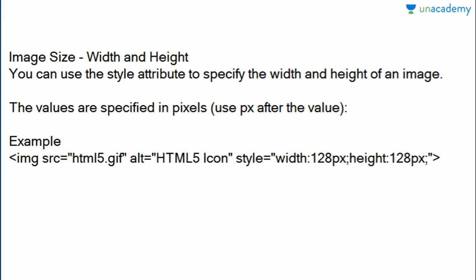Now we move towards the image size, that is width and height. What are the values of width and height? These are specified usually in pixels or percentage. What is the use of width and height? It is used to define the size of the image, how much broad or how much height in length you want of the image. Suppose you want an image around the whole screen or in a small space on the screen, you can also set that. So these are the attributes of the image that you can set.